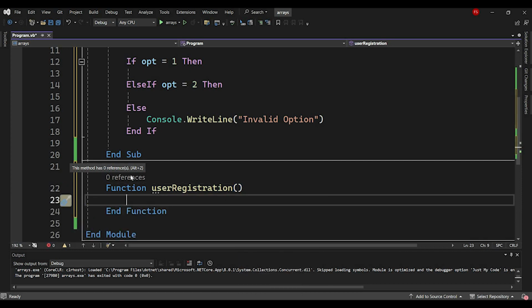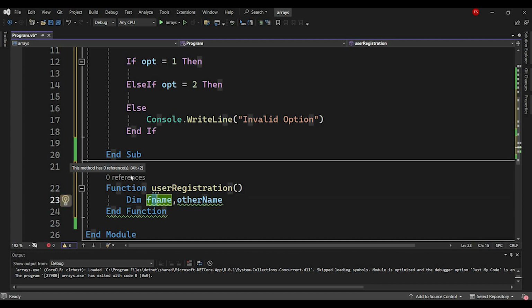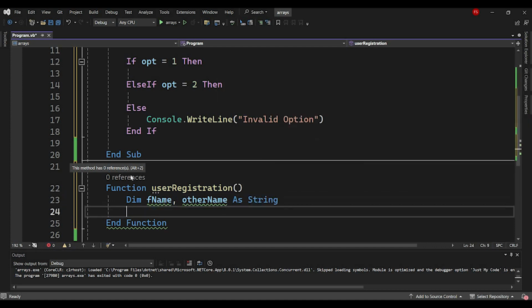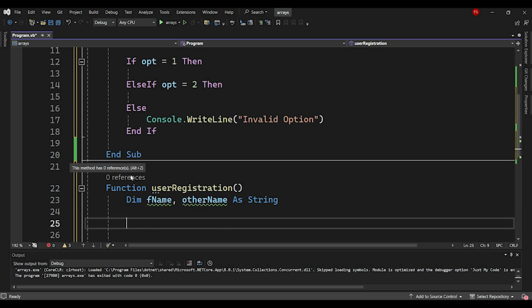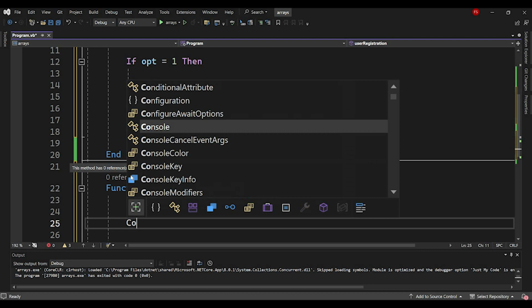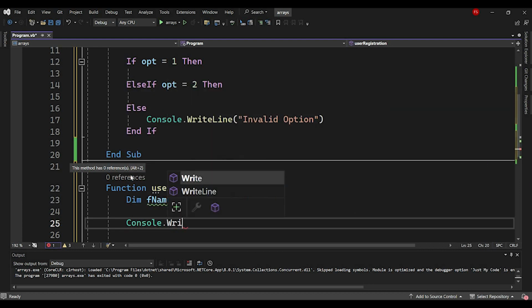Okay. So in the function block here, we are going to just bring first name and the second name. So for the first name and the second name, we are going to declare a variable for those strings. So we say f name, comma, other name as string. Then we now tell the user to enter the first name, console.writeLine,